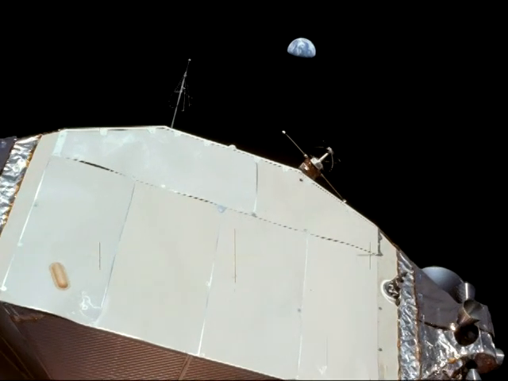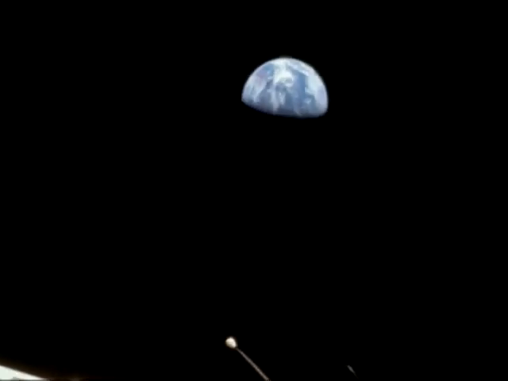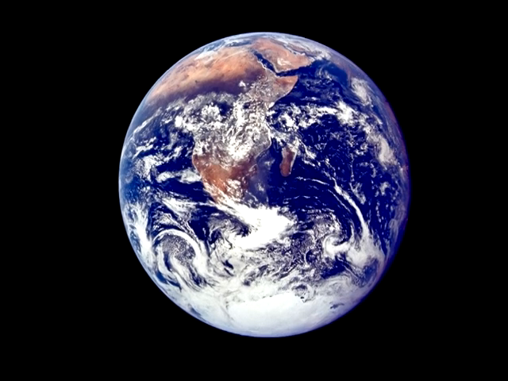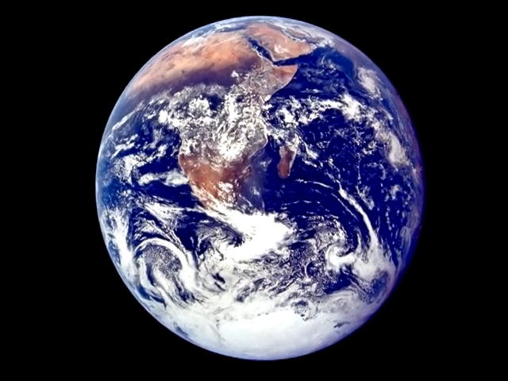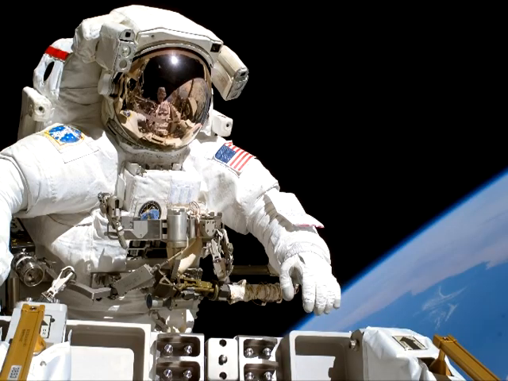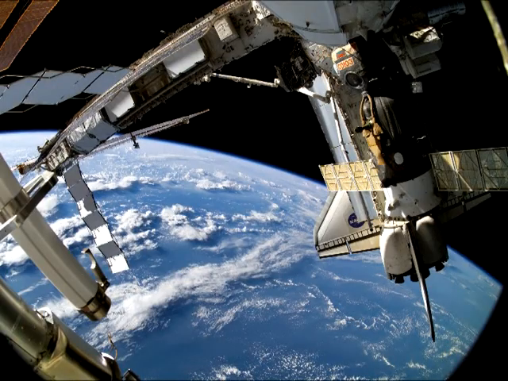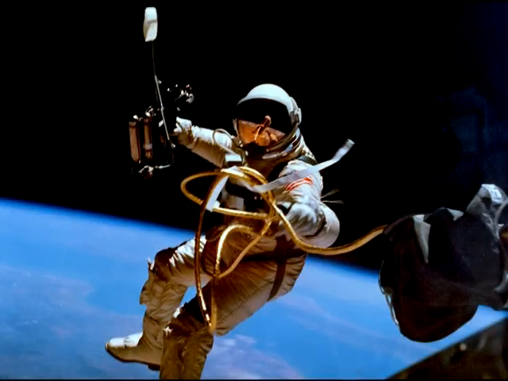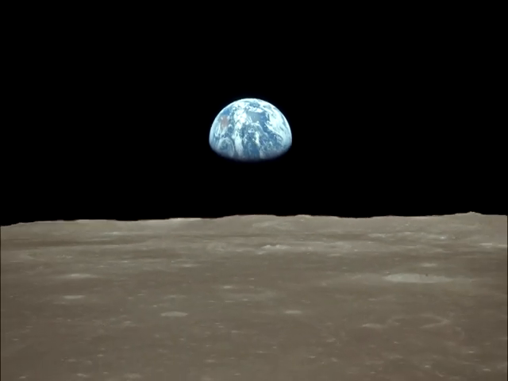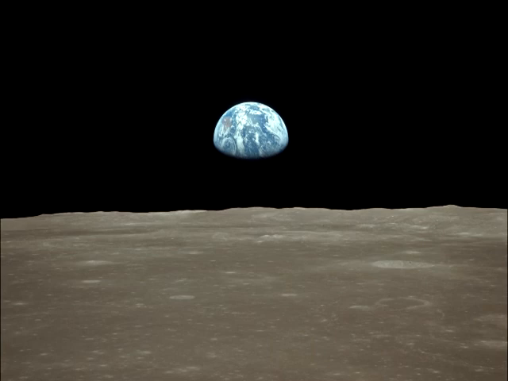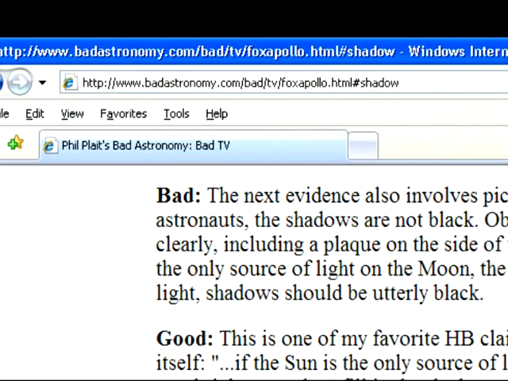Oh wait, what's that I hear you ask? What about the Earth? Maybe the Earthshine is filling in these upper shadows. Well, that might work in low orbit, in which objects are close enough to allow the massively bright Earth to fill up the sky, but at 240,000 miles out, objects are too far away for the Earth to offer sufficient fill lighting. Phil Plait agrees, as he states on his website,